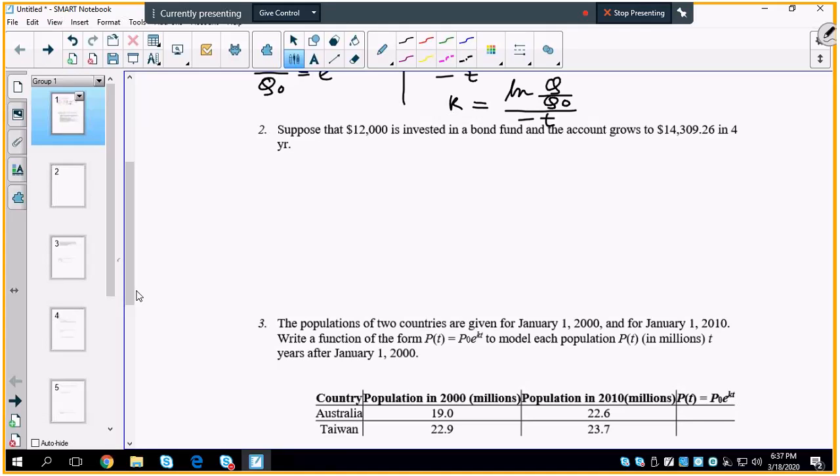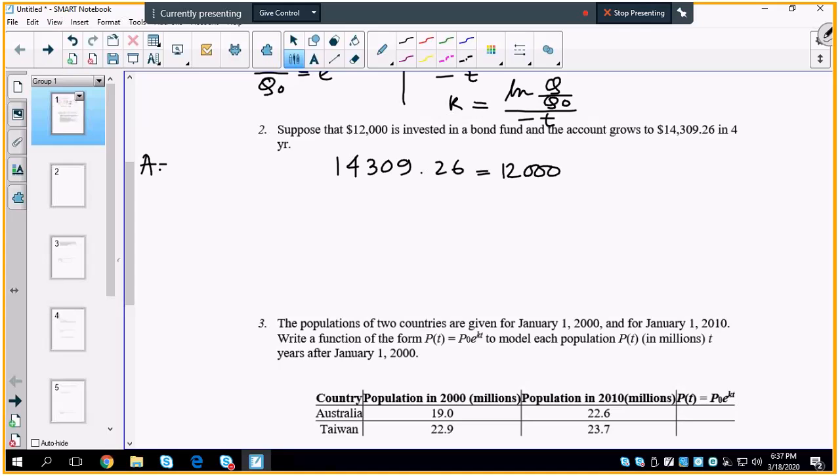And I want to understand what is the rate of interest. Assuming this interest is continuously compounded, the final amount is $14,309.26 after 4 years. Remember, your initial investment is $12,000,